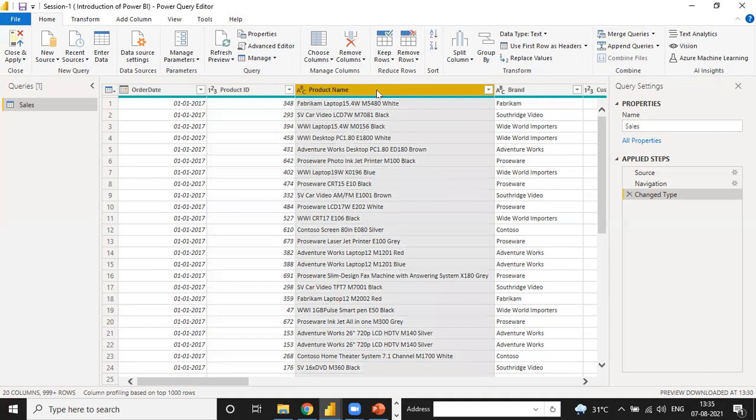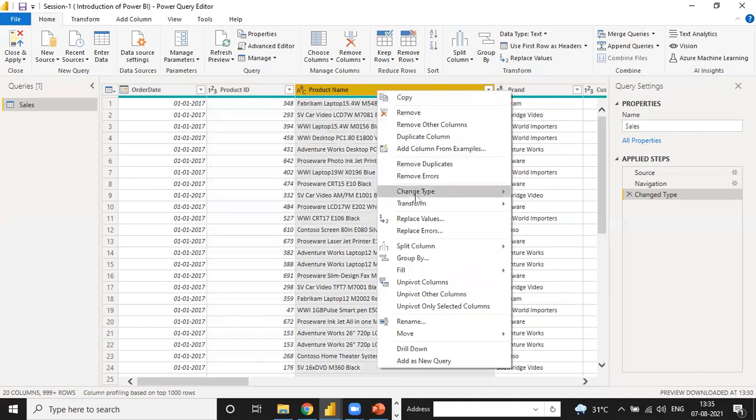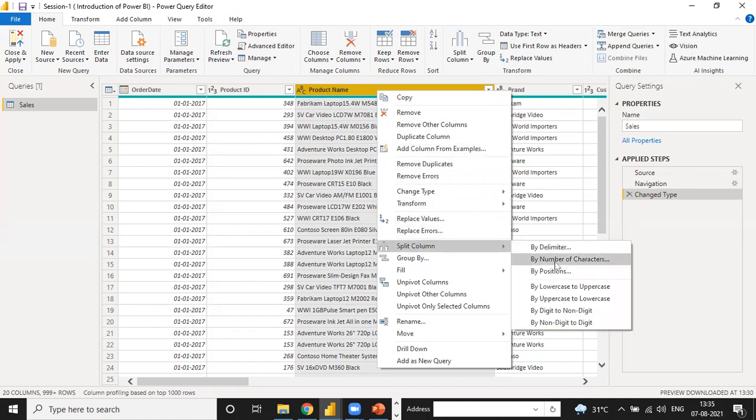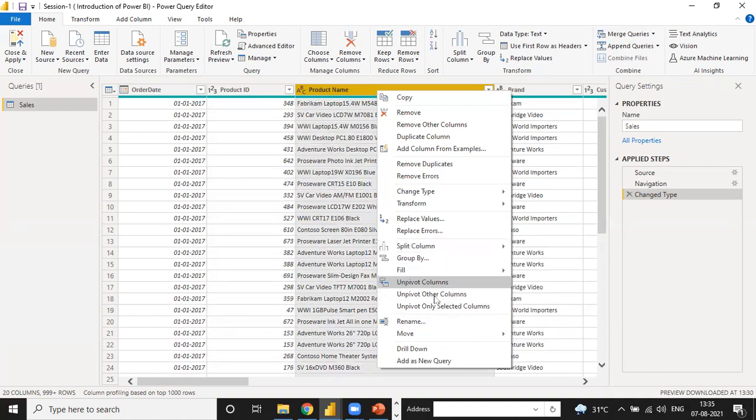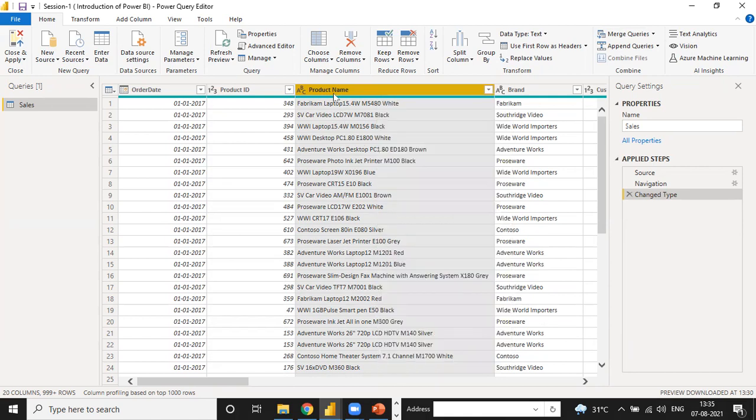Remove column. See, there are many things: replace value, replace error, split column. You can split column by delimiter, by number of characters, by position. I will tell you all of this, as well as unpivot column, rename, move, drill down, add as new query. But it will take a different session, because Power Query is a very different topic. Right now I don't need to change anything, so we can directly go here and choose